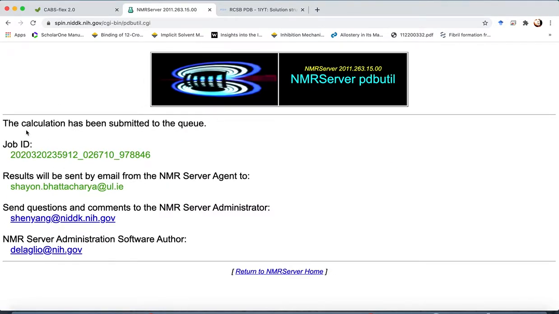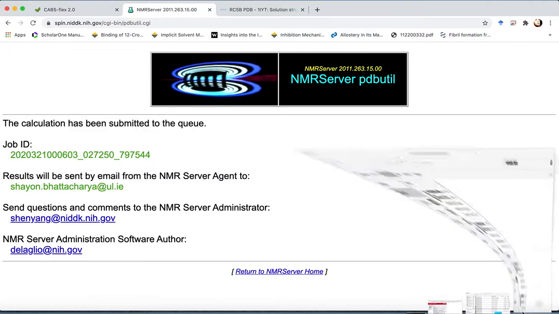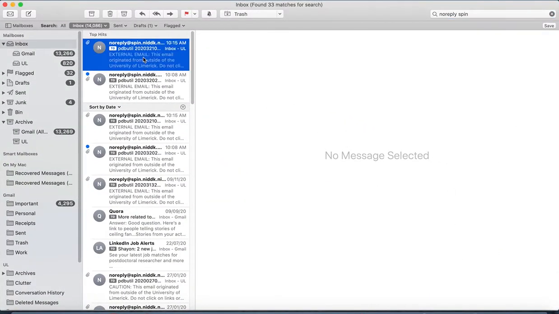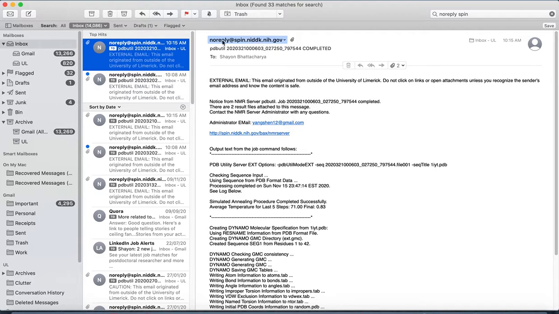In the next page, it will show that the calculation has been submitted to the queue, and that's your job ID, and the results will be sent to this particular email ID that I've given for the job to be complete. So if you go back to your email ID and just check if you have received an email for the job completion, you will find that your job is complete out here,